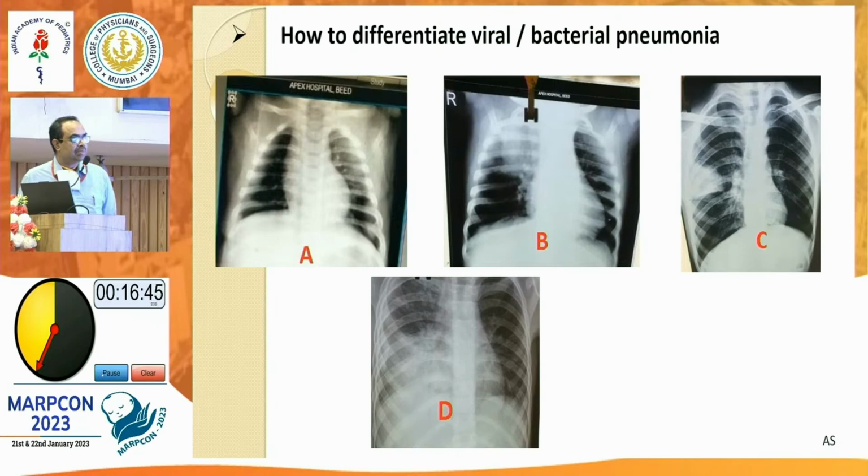Okay. Case number B is a 2-year-old child with high-grade fever, cough and increased respiratory activity of 2 days duration. So there is a radiopacity on the right side, right upper lobe radiopacity is there. Within that radiopacity, the peripheral area is more radiopaque. So it is more like a consolidation and collapse. So it appears like a lobar pneumonia.